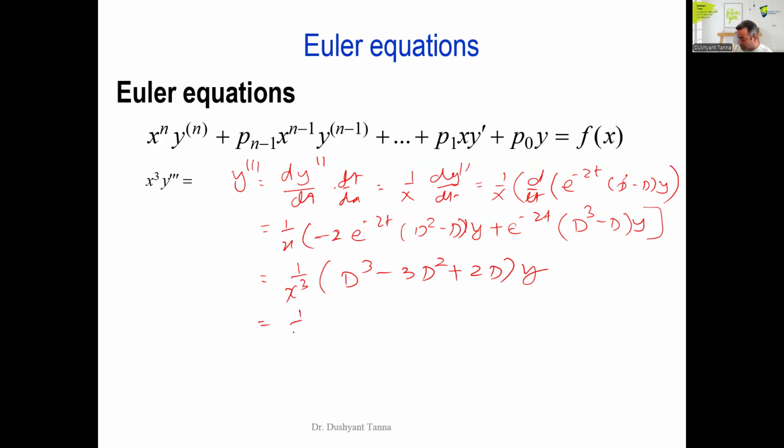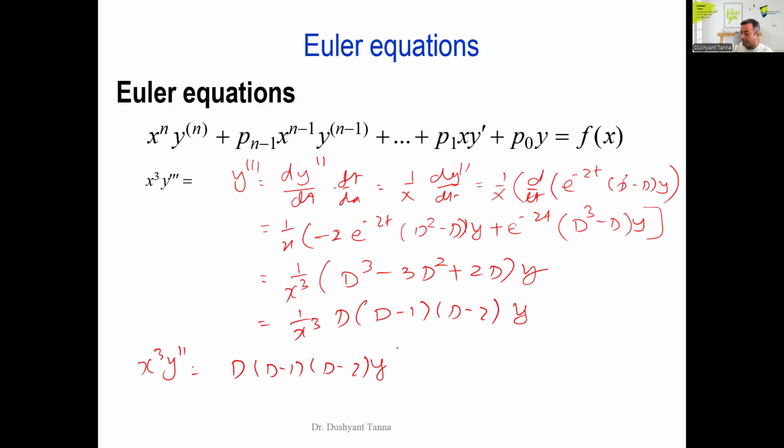Write it a bit nicely, right? d, d minus 1 and d minus 2, times y. Okay, and so finally, when you multiply with x power 3, that will be gone. So d, d minus 1, d minus 2 times y. Okay,